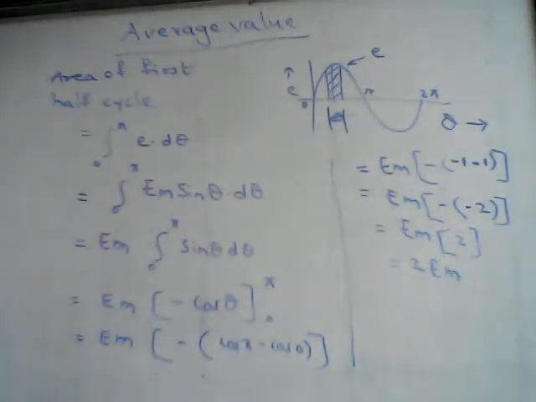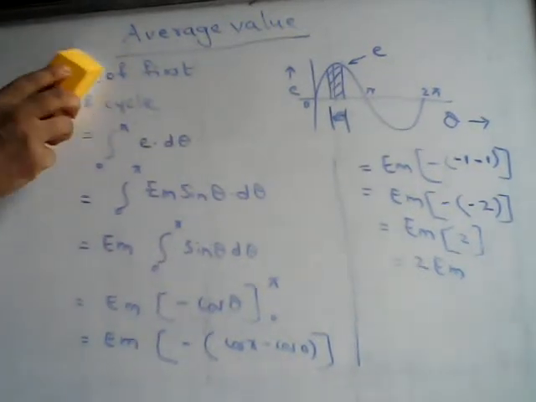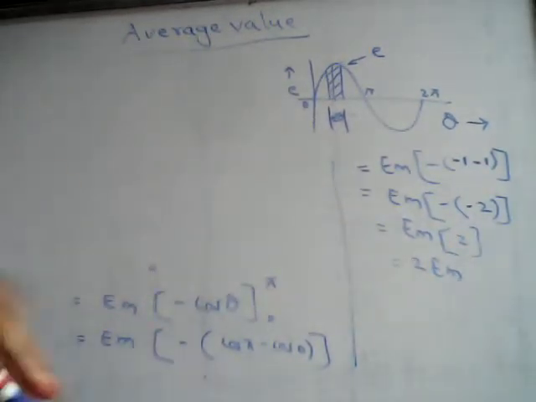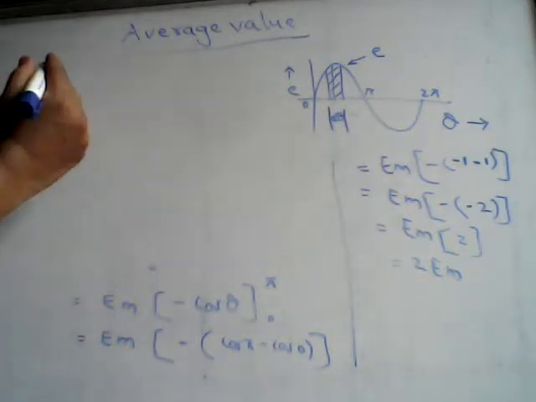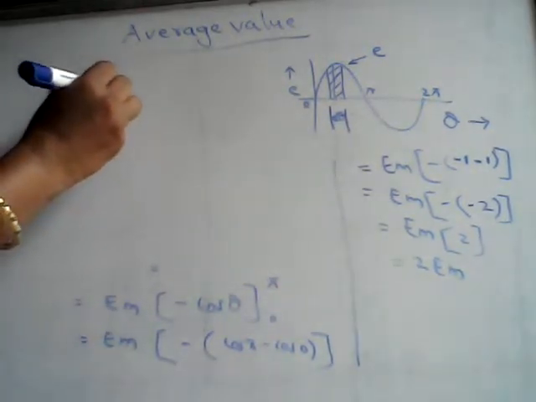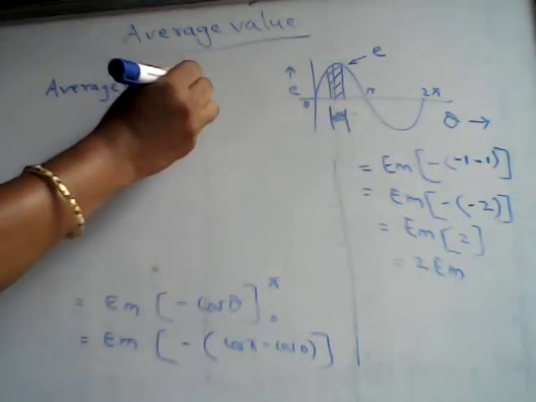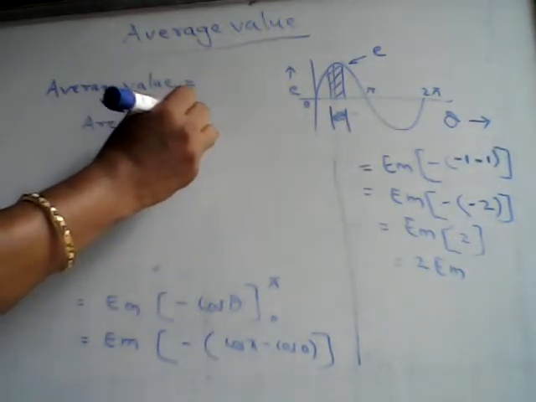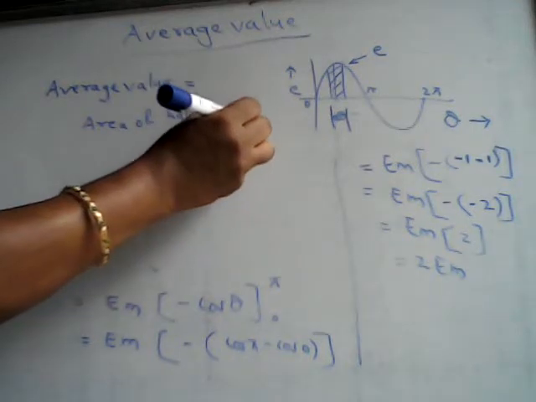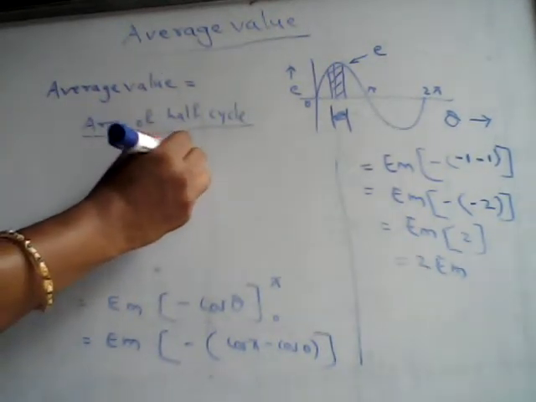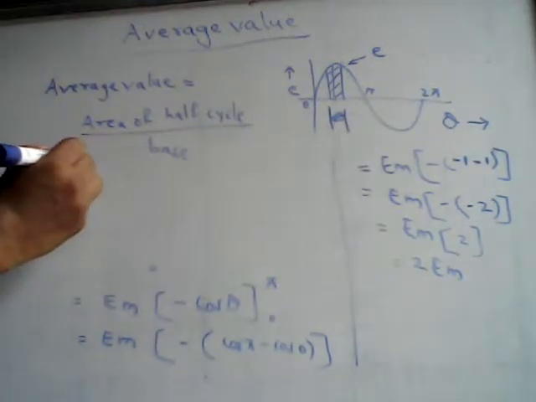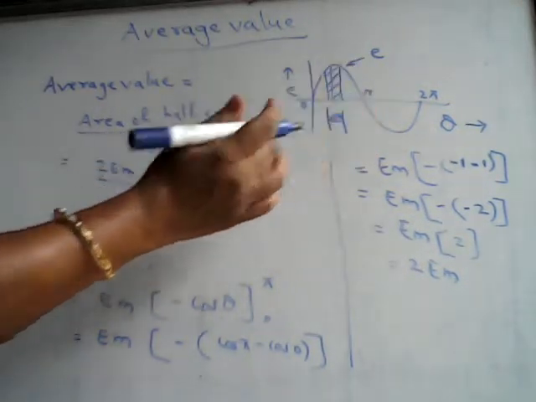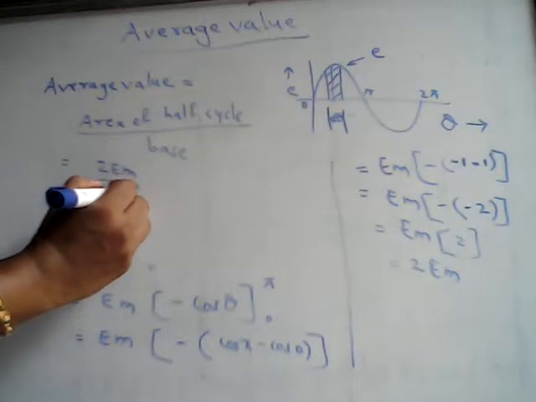The next step is to find the average value. Average value is given by area of half cycle divided by base. Average value is equal to area of half cycle divided by base, and we got this area of half cycle as 2 Em divided by base we have taken for half cycle, that is 0 to pi. Pi minus 0 is pi,